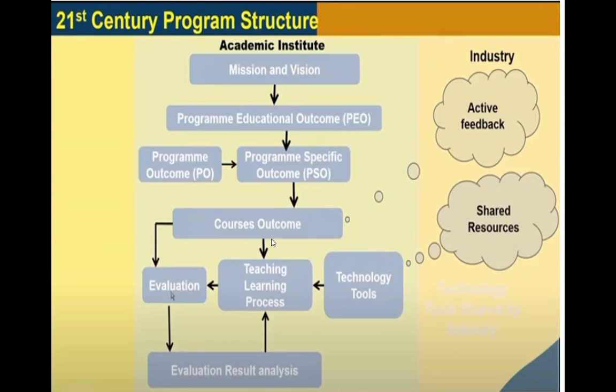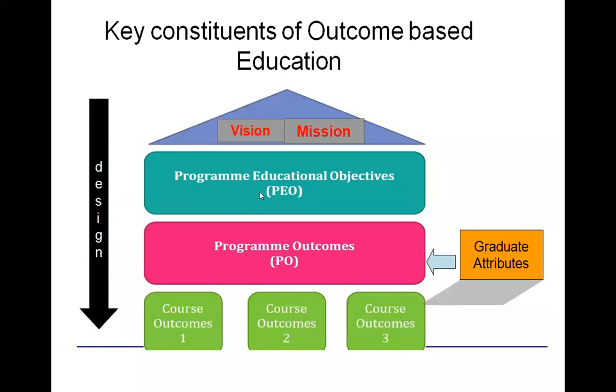Okay, so as you can see, the direct interaction in learning occurs in the course outcomes, because here the interaction takes place between the teacher and the student. If we follow the structure, as this is a simplified version, you have the mission and vision, program educational objectives at the next level, then you have program outcomes, and these program outcomes will be attained by making use of the course outcomes. So we'll be concentrating on this part in this session.